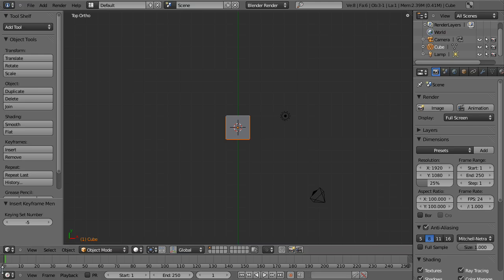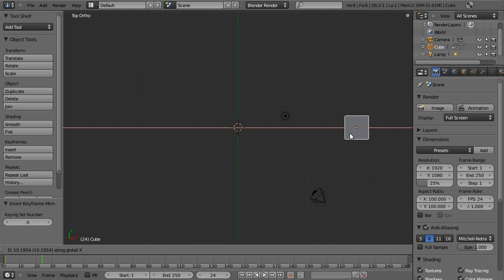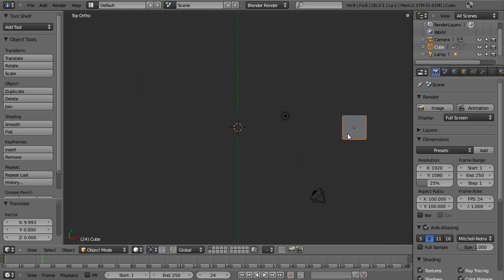Now if you scroll through time, nothing happens. This is because we only have one position, and we need another position for which to record it. So let's go ahead and move up to, say, frame 24, so it'll be 1 second of animation. And let's just hit G to move our cube over, and we'll move it directly along the x-axis by pressing X after pressing G, such that we'll place it right there. And then we can hit I to insert another keyframe. And we'll do location, rotation, and scale, because I'll probably add in some rotation and some scaling